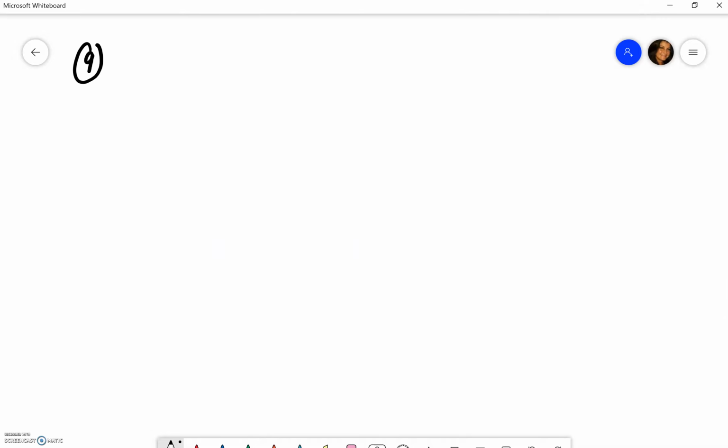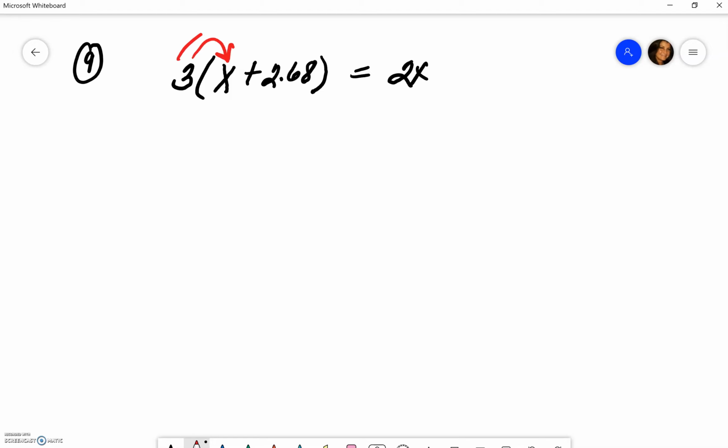Okay, so number 9. So number 9, we have 3 times x plus 2.68. You can see we can't combine anything inside the parenthesis. So if we can't combine, then we know we're going to be stuck with distributing by multiplying out. When we do that, it's 3x plus, and we multiply that out, we end up with